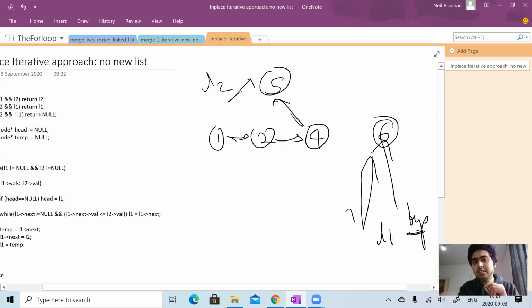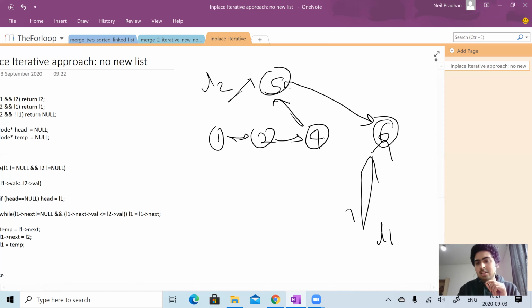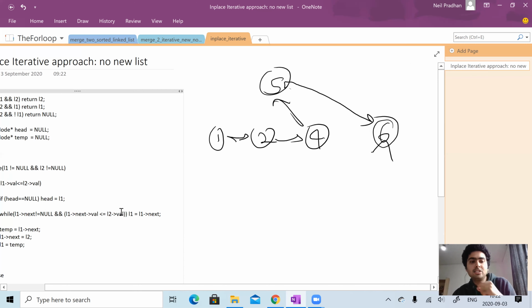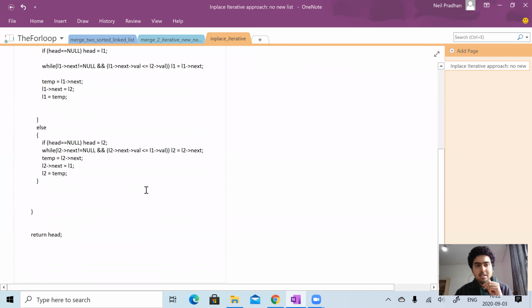And then in the next iteration, we are going to have this as null, a similar case. And then temp will point to null. And then we'll have 5 pointing to 6, L2 dot next pointing to this guy. And L2 will be null in that case, right? In the next iteration, I'm saying. So I think this is fairly understood now. When you look through the code, you will understand it in a deeper manner, right?